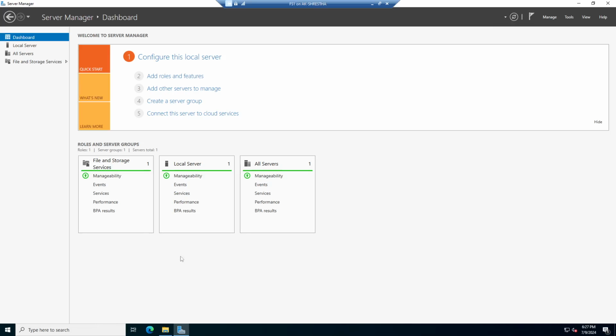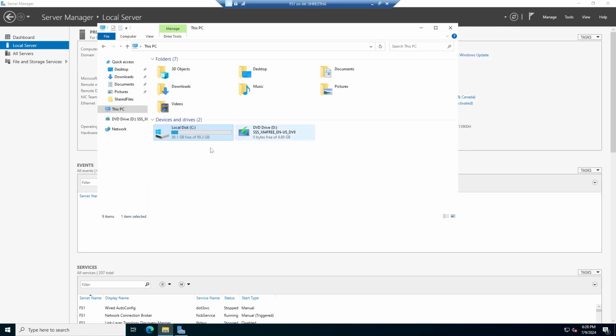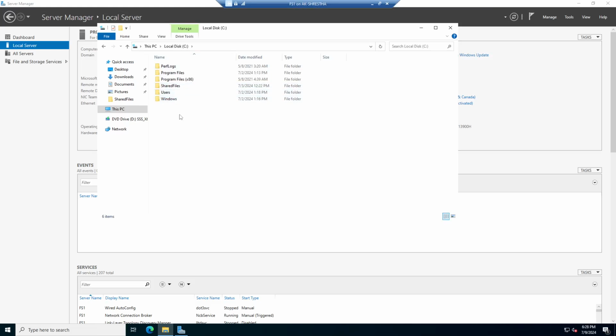So in Windows Server, this is my file server, right? So this is the file server and here is my IP address, right? What I want to do is make one folder here, in the file server, and share that folder with